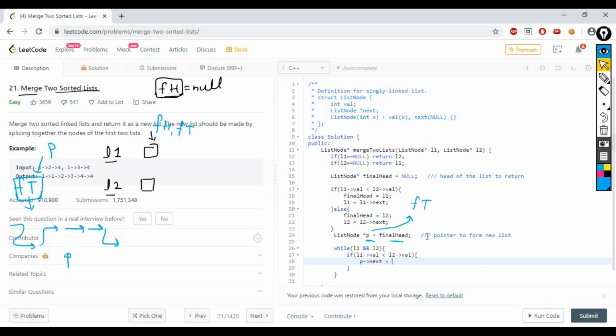So we are inserting a tail. So this will be L1 and L1 will move ahead. Okay, so this is just like inserting a tail. And obviously we will update our final tail also, right? So what we will do, so P equals L1, right?